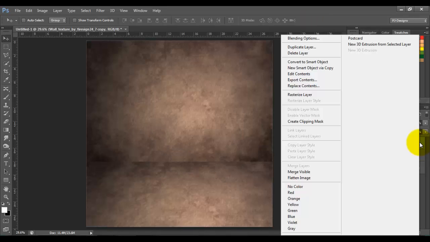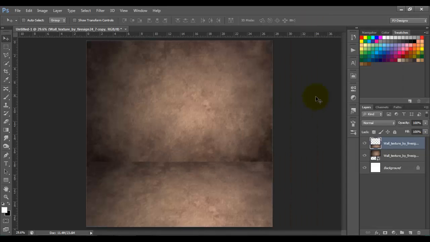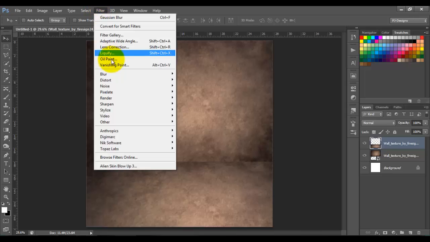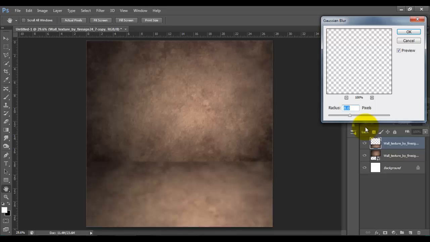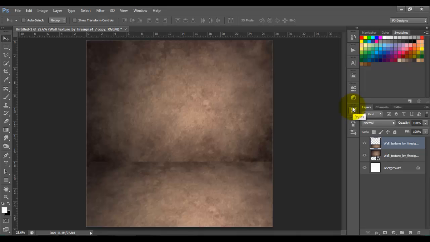Right click this layer and choose rasterize layer. Now go to filter, blur, Gaussian blur, and just put 1 pixel. Click OK. Now we're gonna bring that woman,